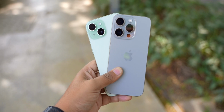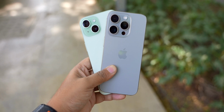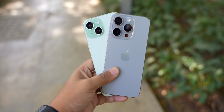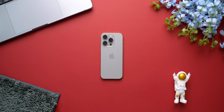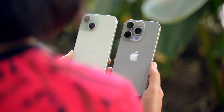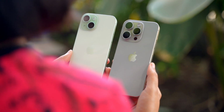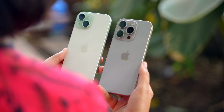So those were all of the image and video samples that I had for you guys. Other than in a very few specific cases, frankly I don't see that many differences in the images from both these phones. The 15 Pro gets a few more image and video shooting options like the extra zoom range, zoomed in portrait shots and the macro shooting ability, but after looking at over 100 image and video samples in this video, I don't think the difference between the images from these phones is in any way proportional to the difference in